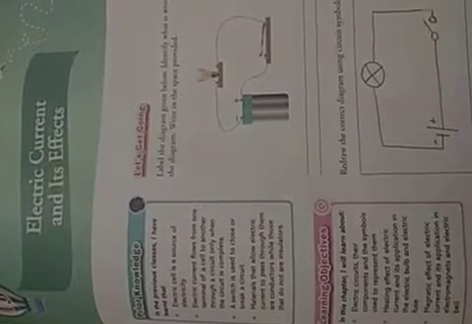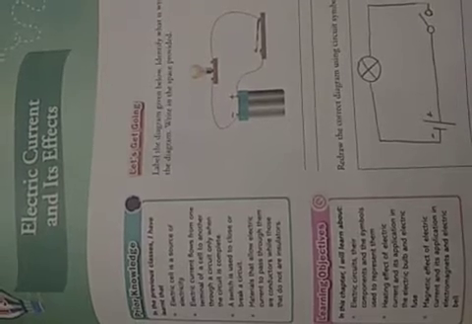So the electric current is the source of energy which flows from the batteries or the electrical switches to your domestic circuits, and it provides the air that is blown by the fan, and the glow or the light from the bulb and the torches. It is helpful to work any kind of appliance, like to run the TV via remote and via the switches, and the clock also works by the flow of charge from the cell.